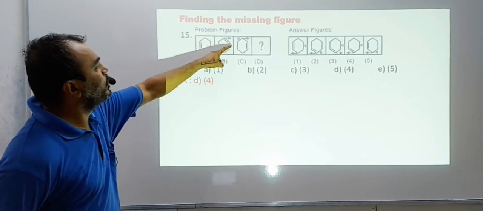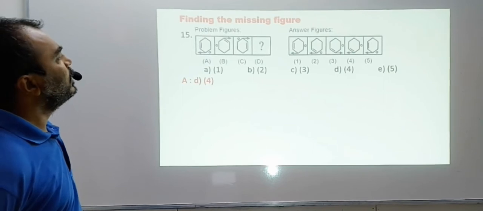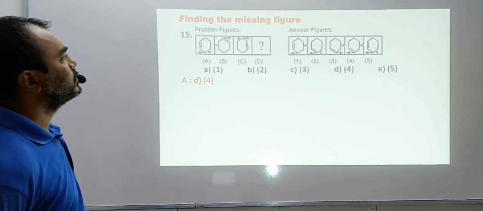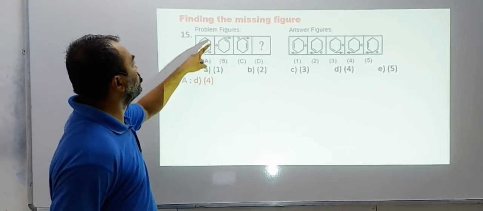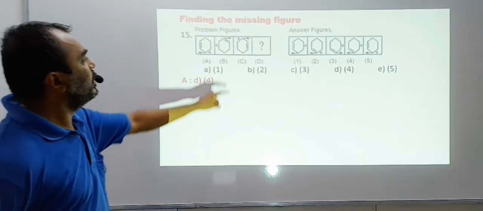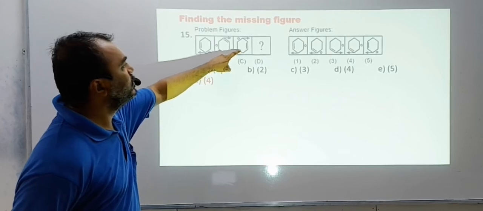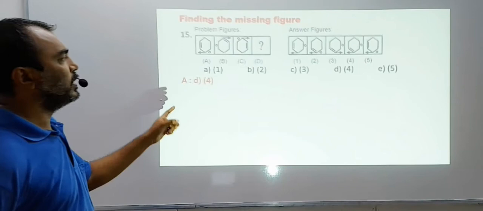The arrow has moved 1, 2 and 3. The arrow has moved 3 spaces. The circle and the line has moved 2 spaces and the arrow has moved 3 spaces. So then the arrow should come down here, from the bottom to the top. The top brings it to the bottom, right? The line has to jump 2 places clockwise. So it reaches here. The circle is jumping 2 places clockwise. Circle reaches here. So the answer is D.